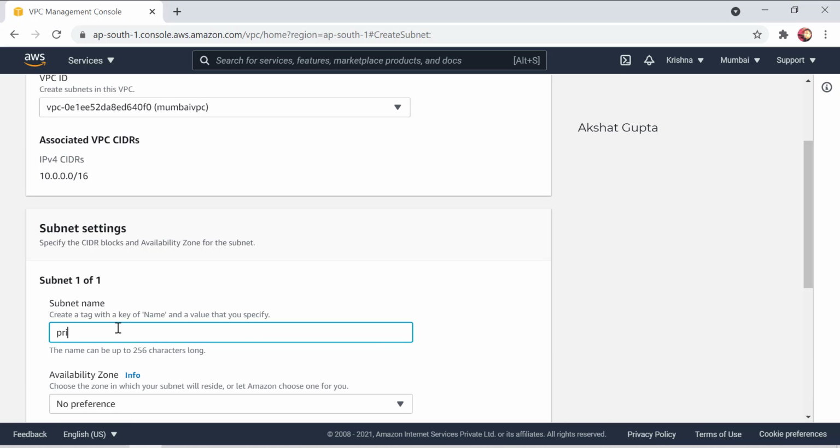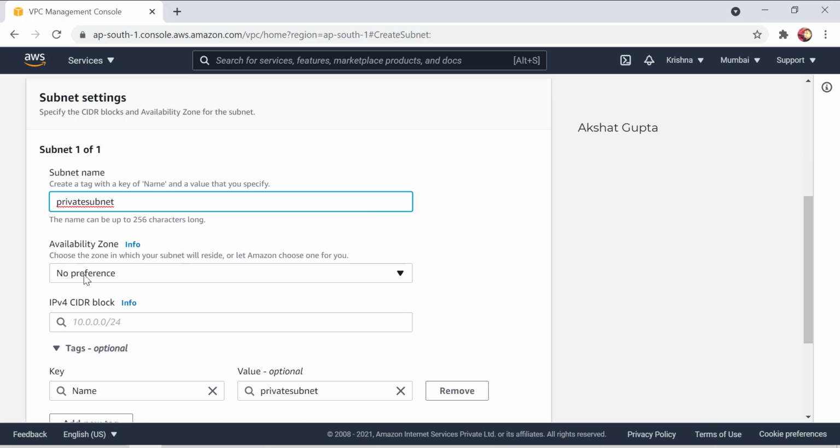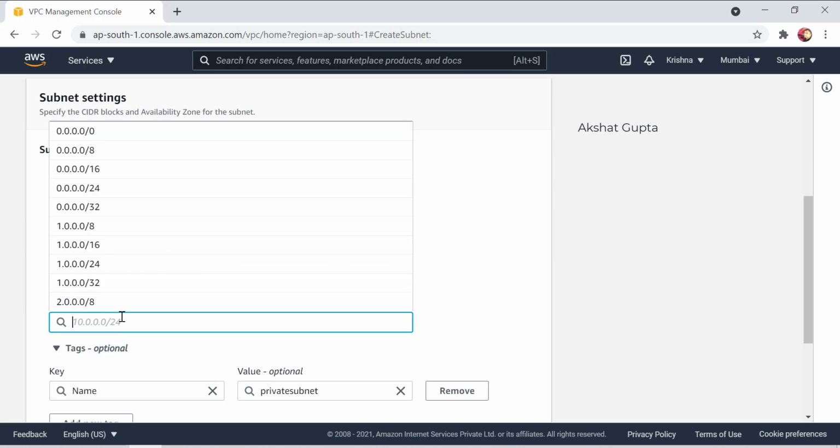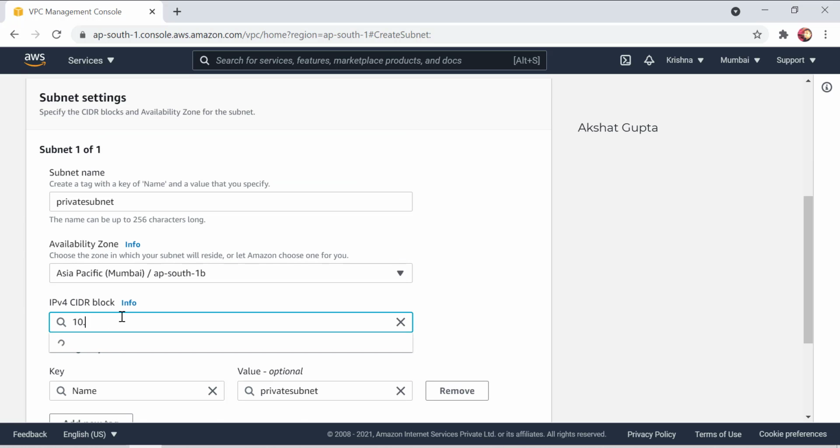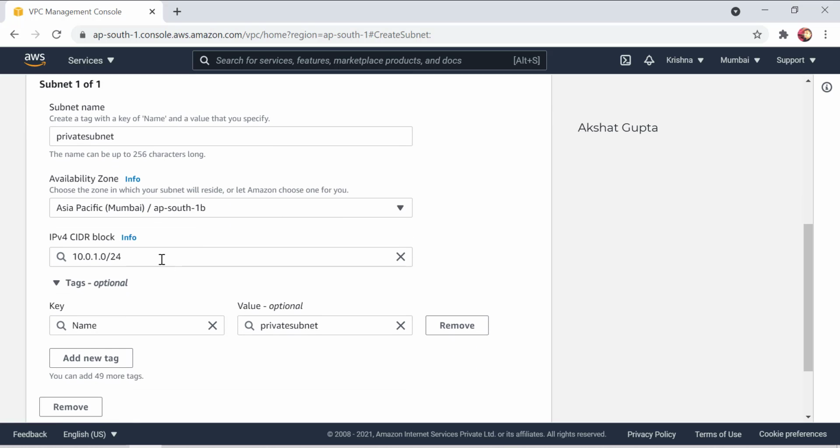It would be a private subnet. Let me put one here. It would be unique, but this would be inside your VPC, because in the VPC we have used 16.